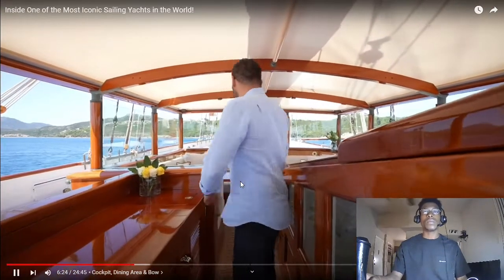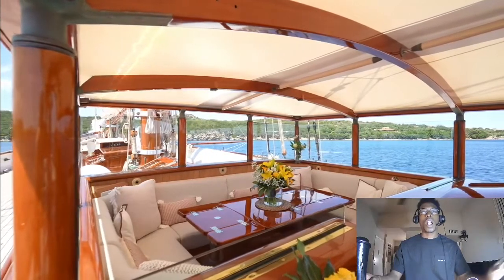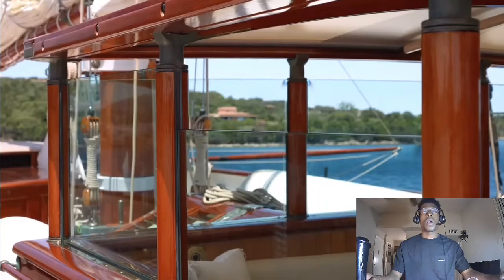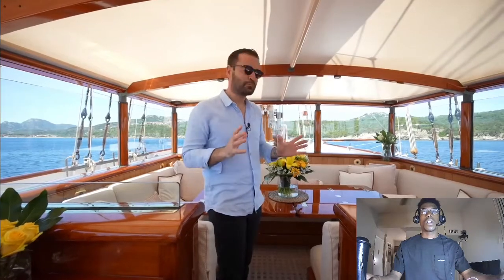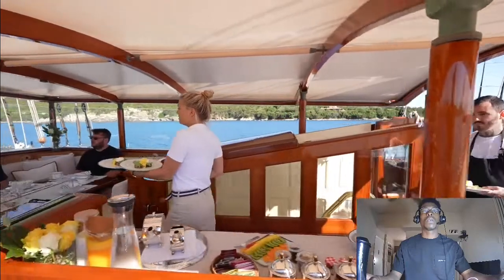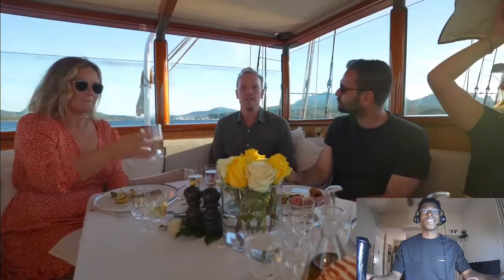Small fridge, and this section opens up to your outdoor dining area and built-in seating. You have a foldable table here, walls of glass where you can actually crank them down to open up and get more ventilation here, or you can close them up and make this section a little bit more protected. This is where we have our meals. We had an awesome breakfast here, great dinner last night, and it's just a cozy spot to sit down, relax,